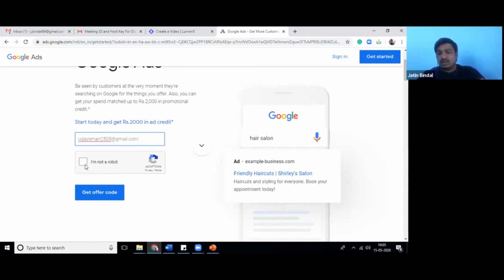Don't wait for me to complete and give you time. When I search, you search it. When I put the email ID, you put yours. Except you there, because I am using your email ID. Or you can use another Gmail ID if you have one.